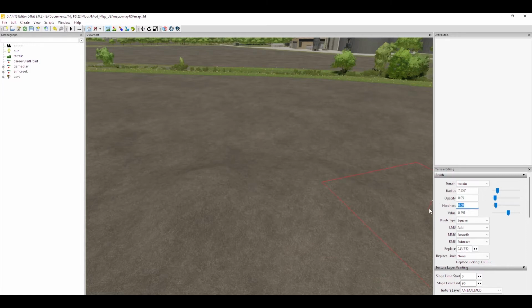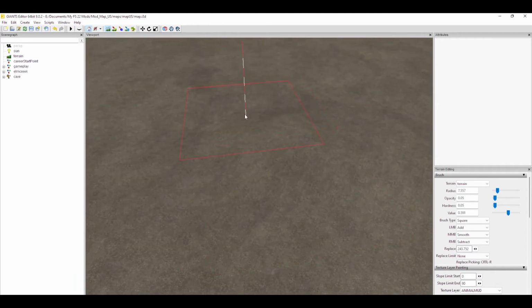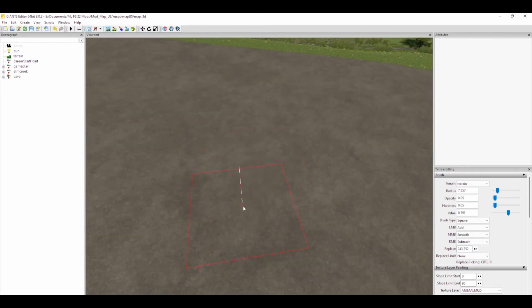My hardness, I also try to keep down fairly low. Unless I'm doing something that requires a super hard edge or something like that, I don't really